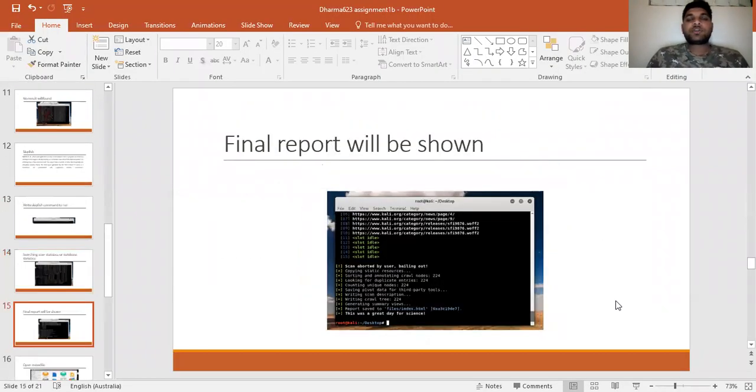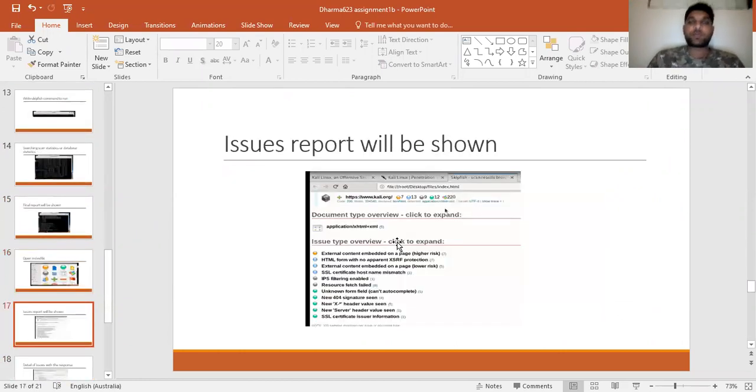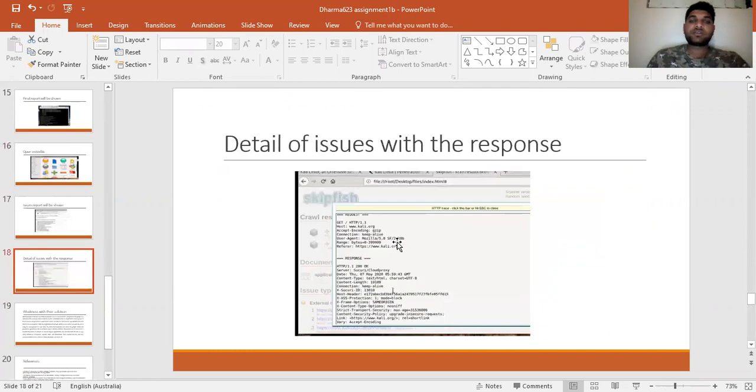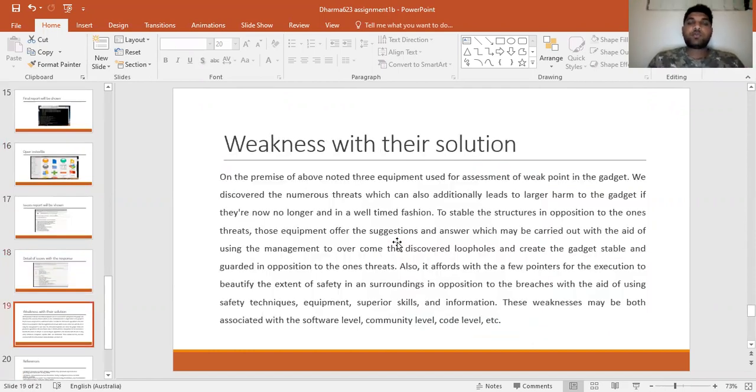So the final report, you can see for Skipfish and also Open Index. These are all the screenshots I took, which you saw earlier in real time: weaknesses with their solutions. On the above three tools used for the assessment of the weak points in my device,